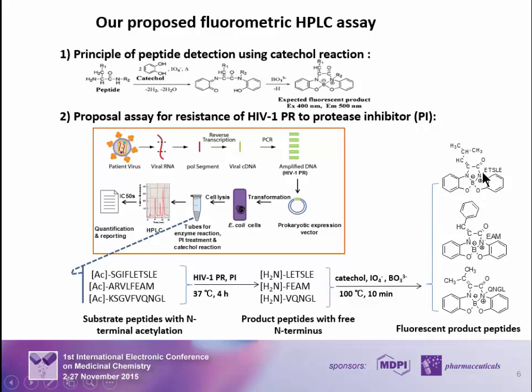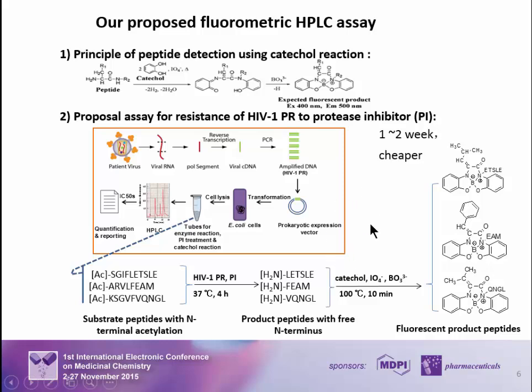And this fluorescence product was separated, detected, and quantified by HPLC, and finally the drug resistance was detected based on the IC50 comparison between the mutant and the wild-type HIV protease. And this assay could be finished within 1 to 2 weeks, and it should be cheaper than the recombinant virus